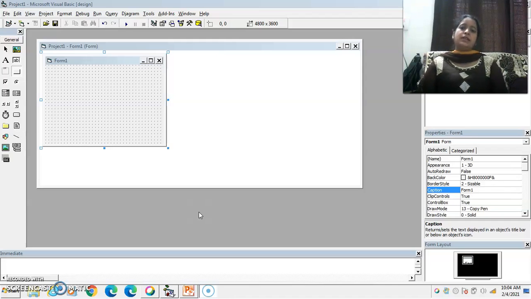But Visual Basic gives the facility that you can change the order with the help of named arguments. That is, you can change the order of the formal arguments and the actual arguments with the help of named arguments. Suppose there is a procedure having 3 arguments: name, class and roll number.